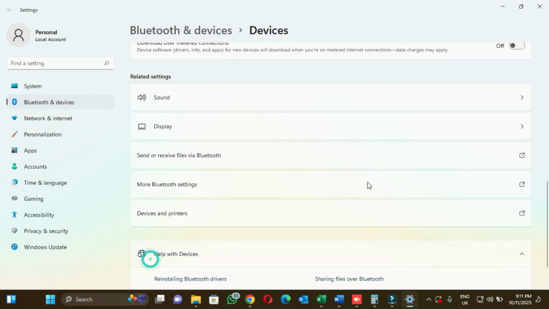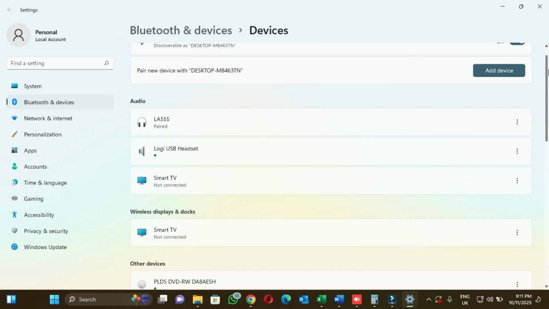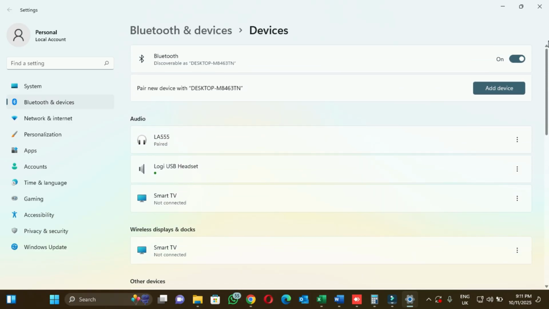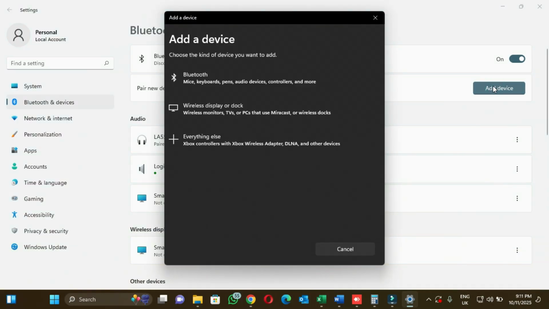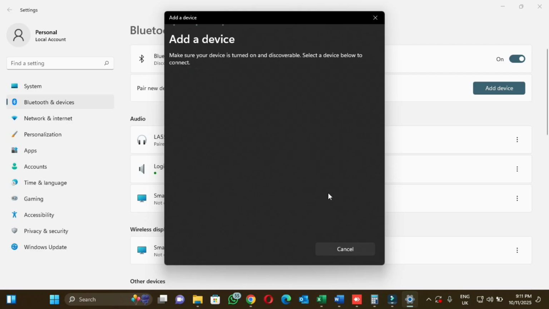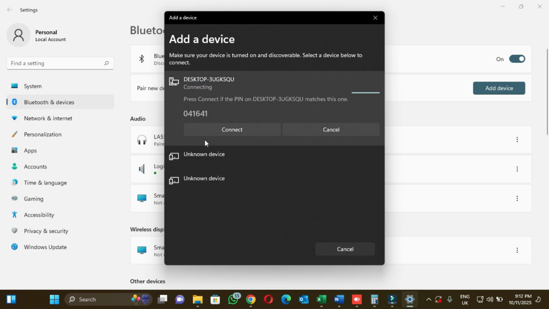You select OK. You can test to check and see if your Bluetooth function is working. You can just say add device. You go to Bluetooth. You search and see if you can find your device here. You just click on it to try to connect. It will give you the number to pair with. You go to the